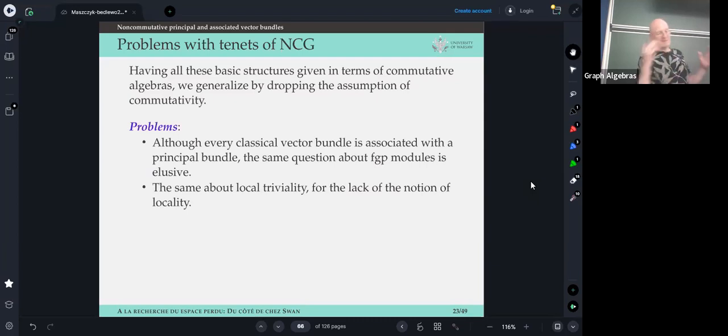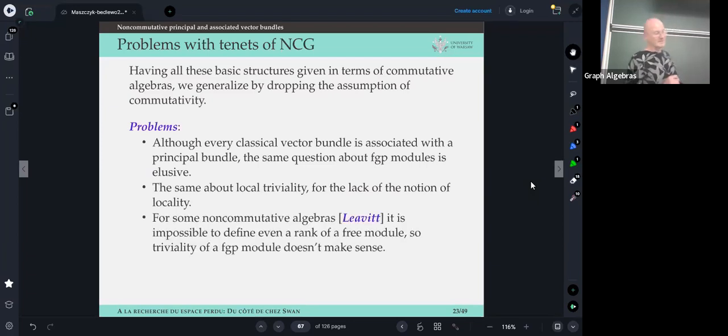So this is, to some extent, an analog mimicking this situation of local triviality, but in the context of locally trivial vector bundles or principal bundles, it's not a complete replacement. Even worse, for some non-commutative algebras, and this is the important point from the point of view of the subject of this conference,